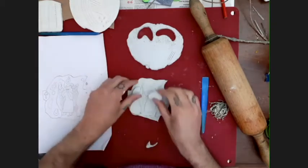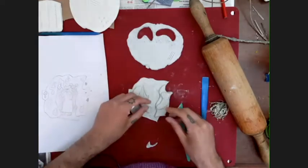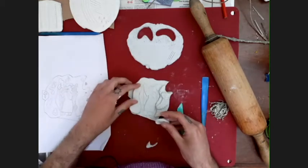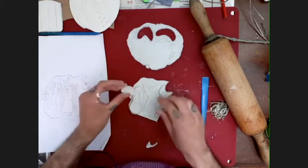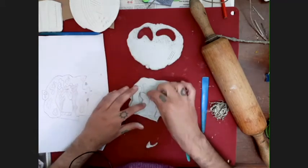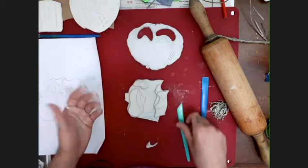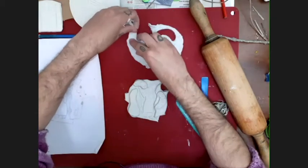And you can figure out the placement as well. You might get into your tile and think, actually I want there to be some other element, whether it's a flower somewhere or a figure, and you might want to cut something out and then stick that on top. It's a really great medium, this clay, for not being too precious and playing around with it,